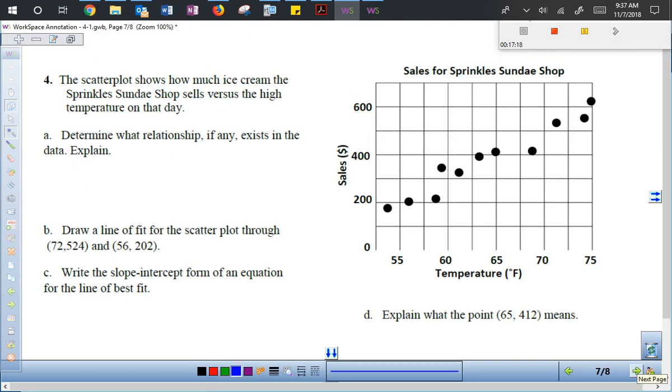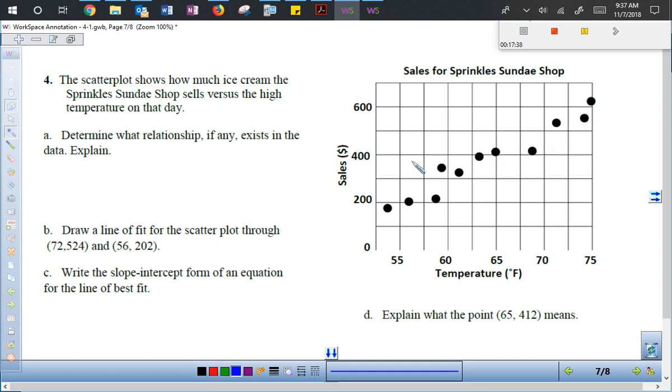Alright, last one. Number 4 says the scatter plot shows how much ice cream the Sprinkles Sundae shop sells versus the high temperature on that day. Part A says determine what relationship, if any, exists in the data, and explain. So again, these points are kind of all going upwards together, so I'm going to say that's a positive correlation,